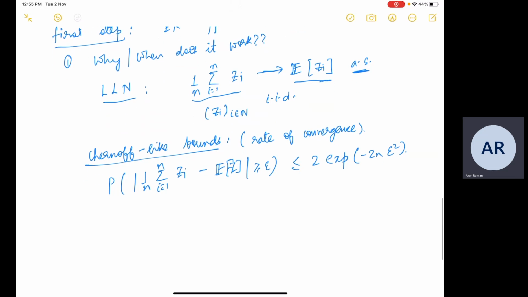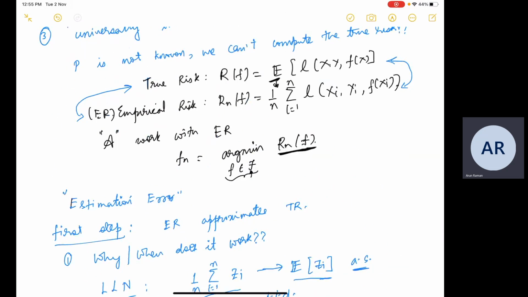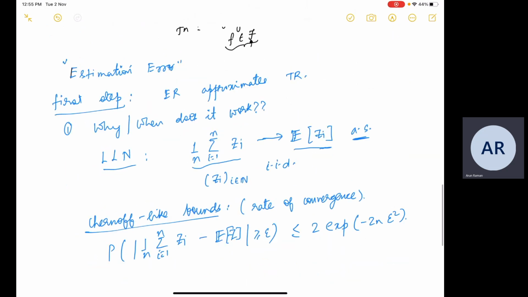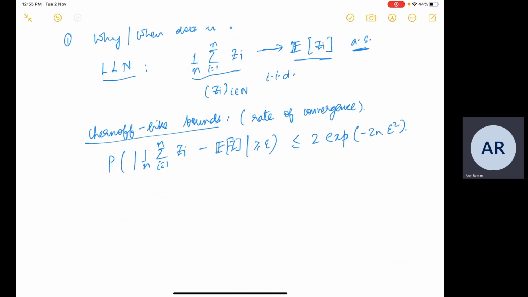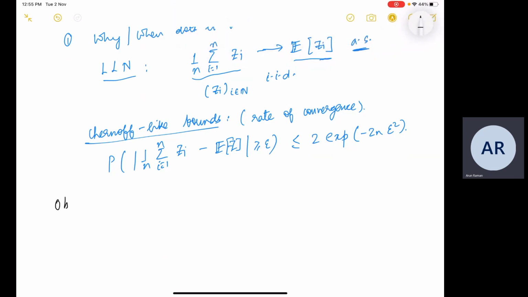Here epsilon is greater than or equal to 0. So these are the Chernoff-like bounds. So it might make sense that we use the machinery that we have already developed in the course to tackle this problem, because fundamentally what we want to analyze is the convergence of, or how well the empirical mean approximates the, or how well the empirical risk approximates the true risk. So the law of large numbers and Chernoff-like bounds seem like a good starting point. So we will just use them and make an observation